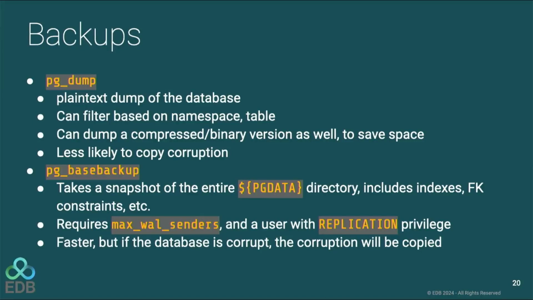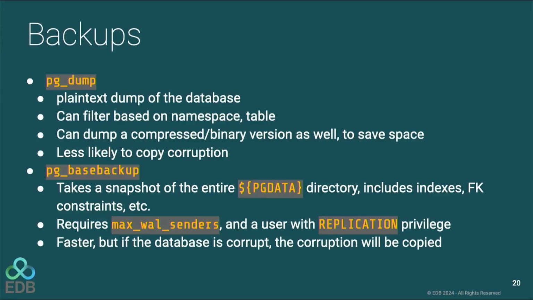Let's say somebody updated without a where clause. They updated the entire table. Or they deleted without a where clause, or they deleted without a begin and rollback commit. So those are the three types of corruption. pg_dump will help you avoid the first two: corruption on disk and corruption by a PostgreSQL bug.